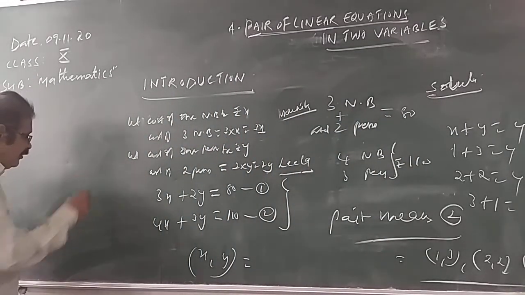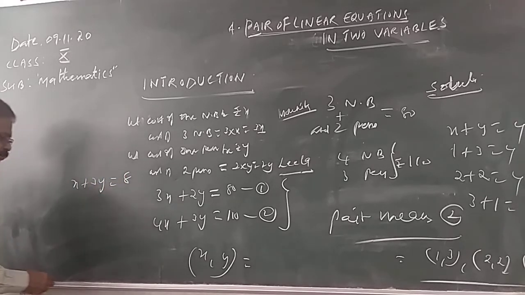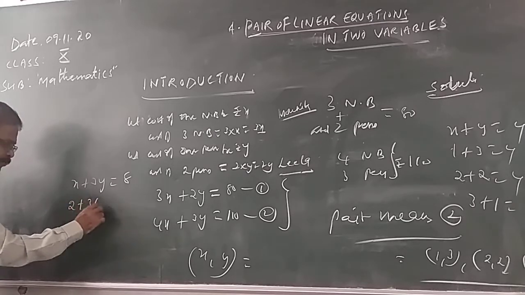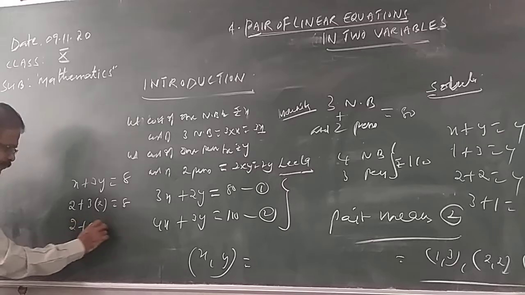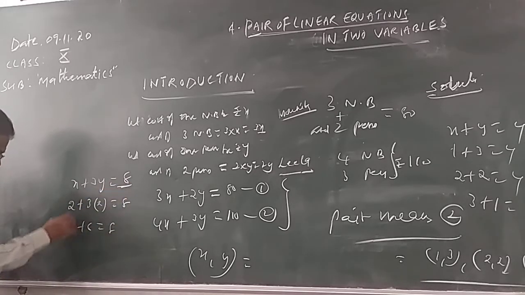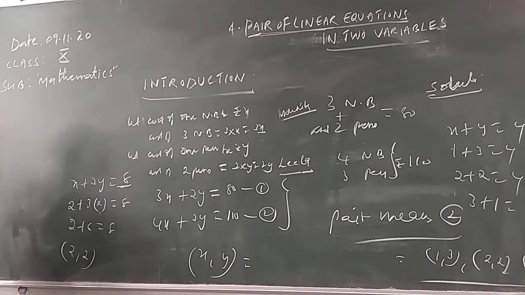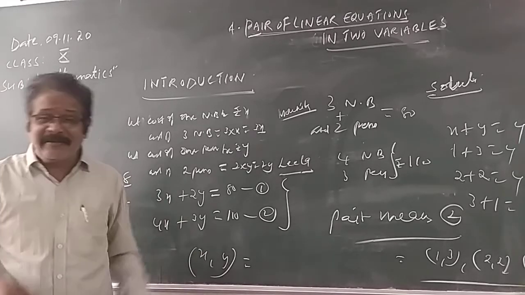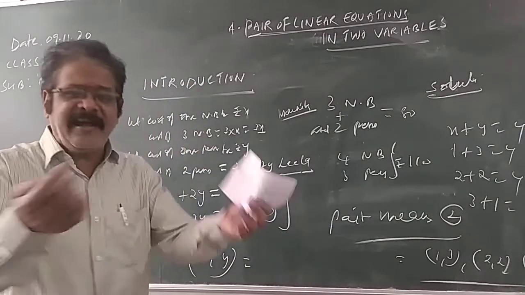So, what values satisfy x plus 3y equal to 8? X is equal to 2, y is equal to 2. 2 plus 6 is 8. For which values of x and y does it become 8? So, the solution is what? Like this, by imagination, by guessing, we can say the solution. For which values it satisfies, they are the solution.